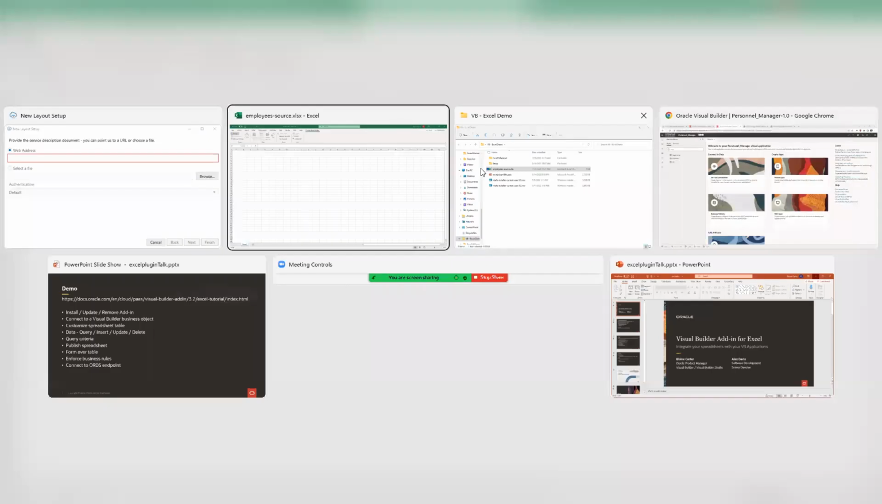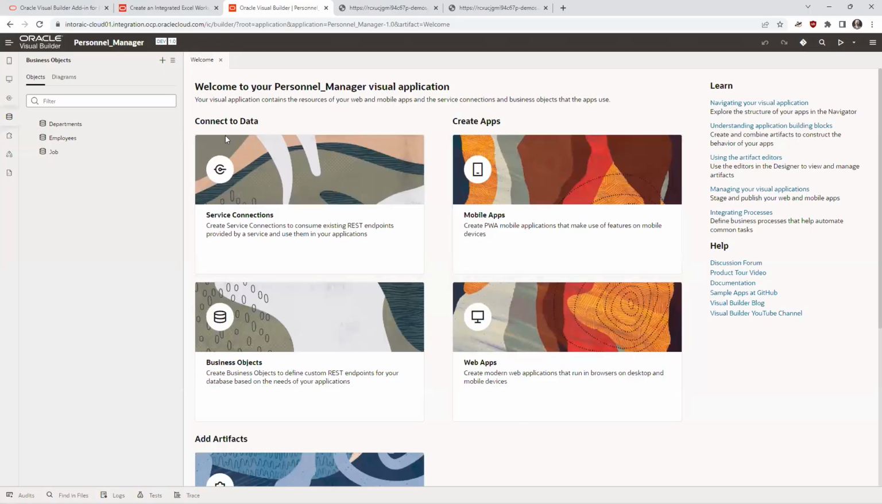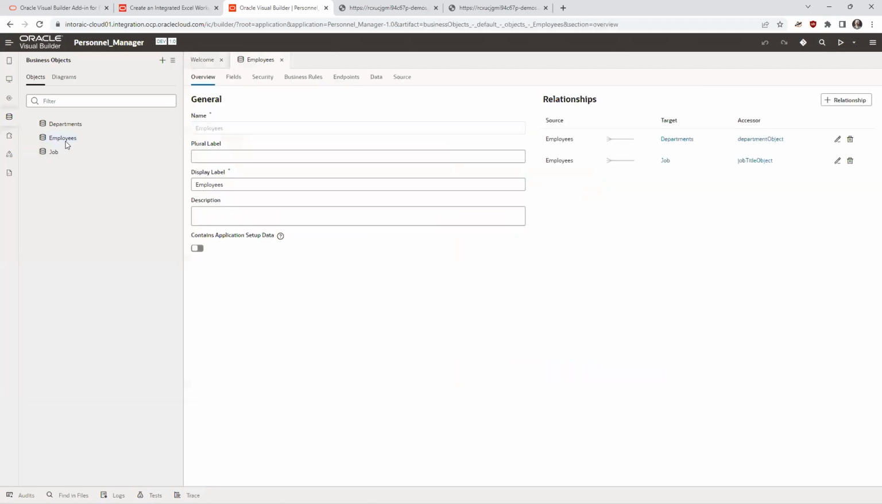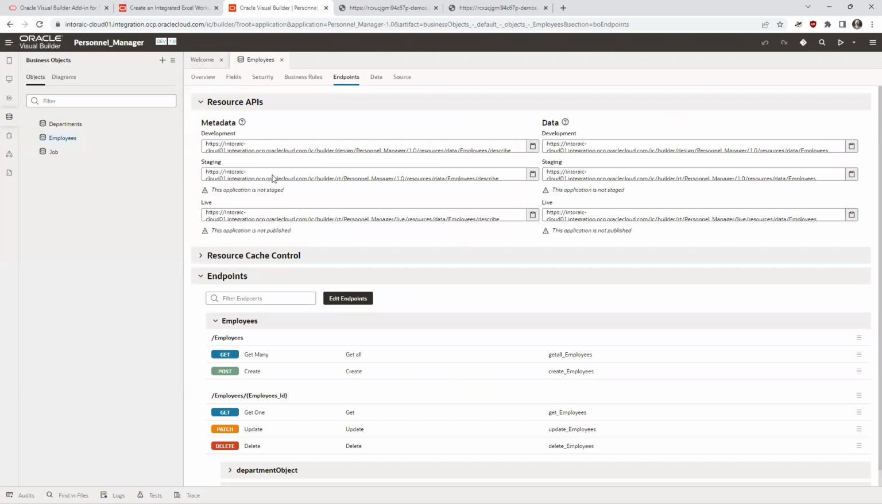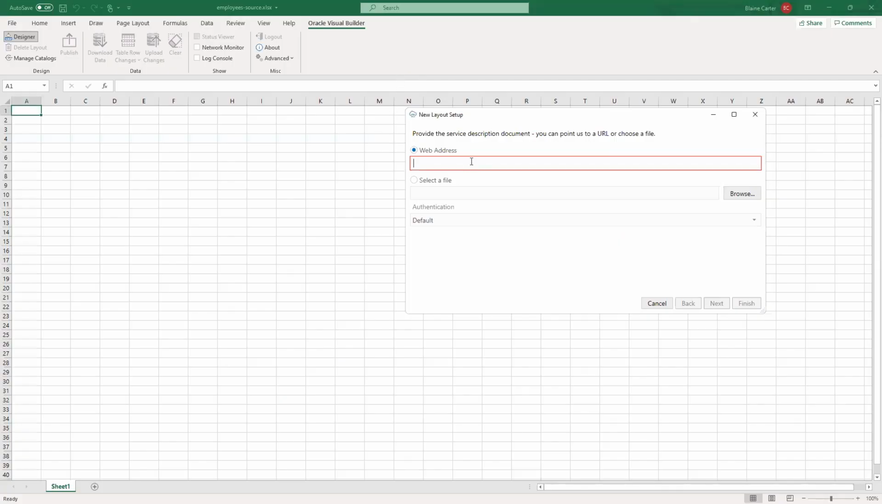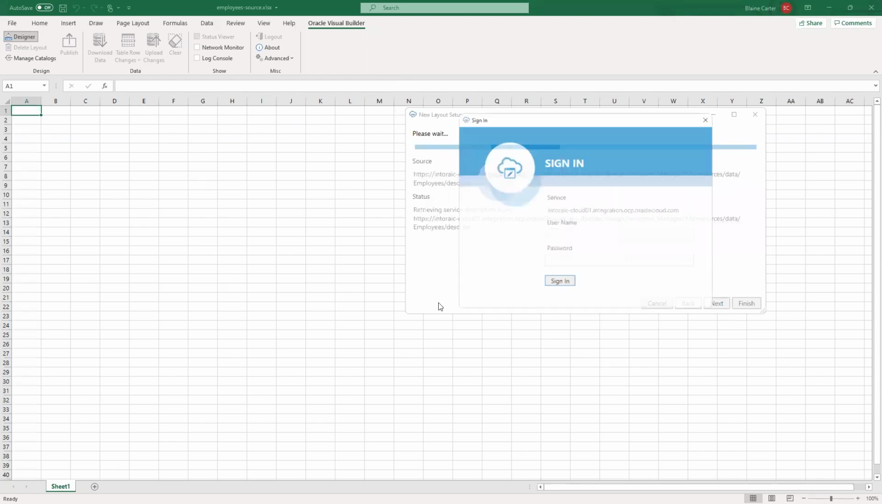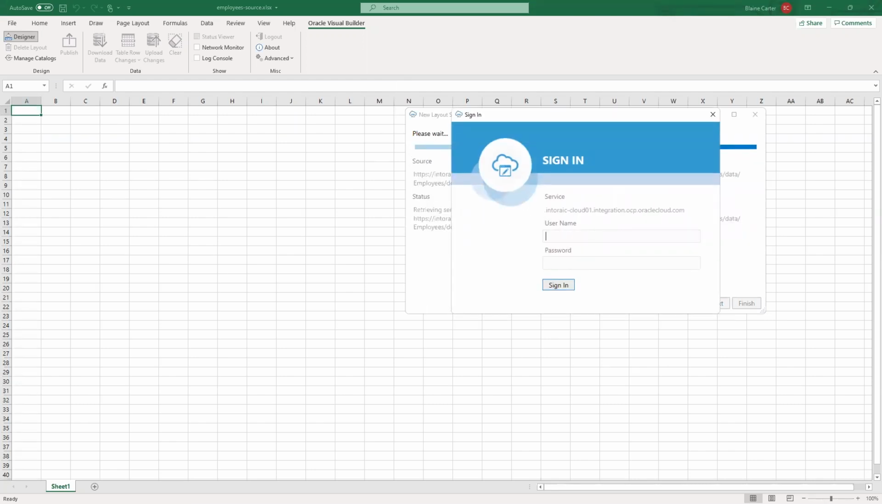Now, where you get this web address is you go back to your app, you find the business object that you want to link into your spreadsheet, you go into endpoints, you expand resource API, and you want to get one of these metadata URIs here. Now, since I haven't published this, it's not in staging, it's not live, I'm going to take the development one, just hit that copy button, go back over here, paste that in as the address and hit next. Now we have security on this, so